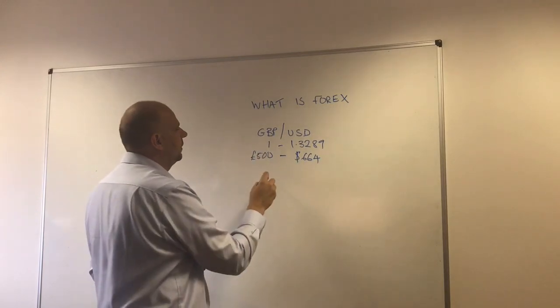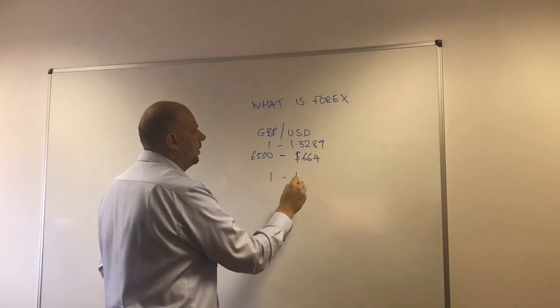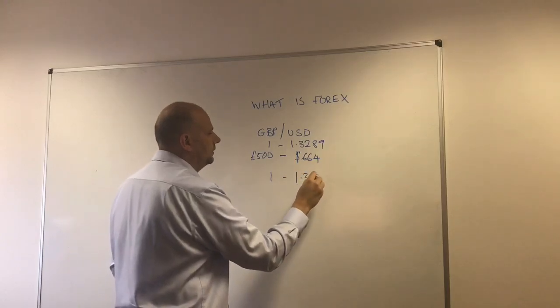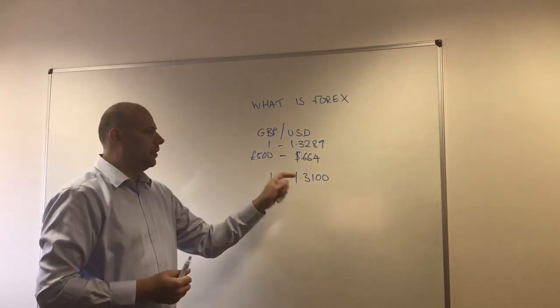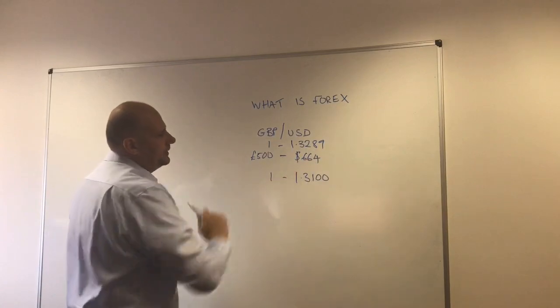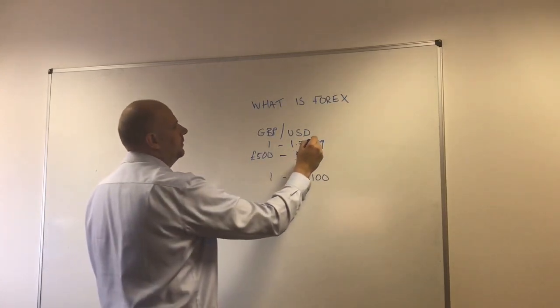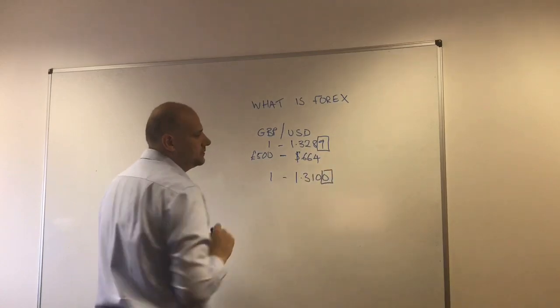So now £1 will get you $1.3100. So that's $1.31. These last decimal places here, this last one, are what we call a pip